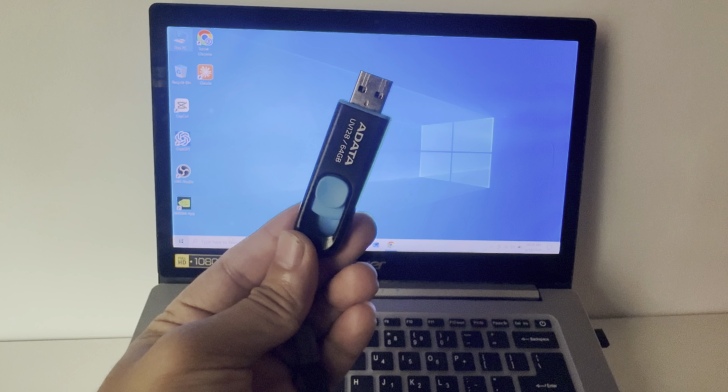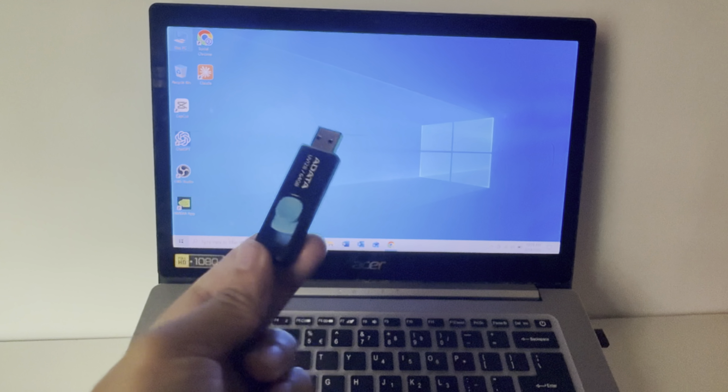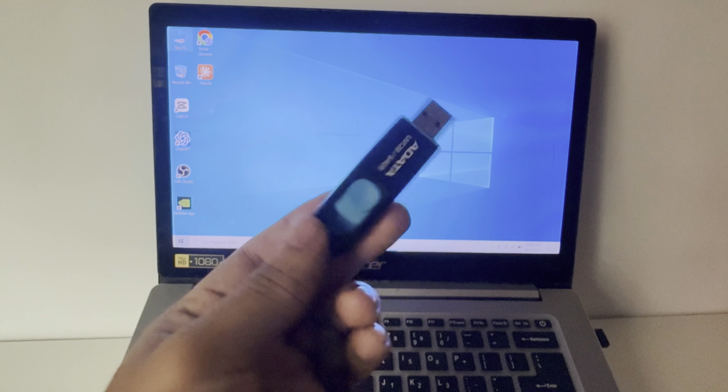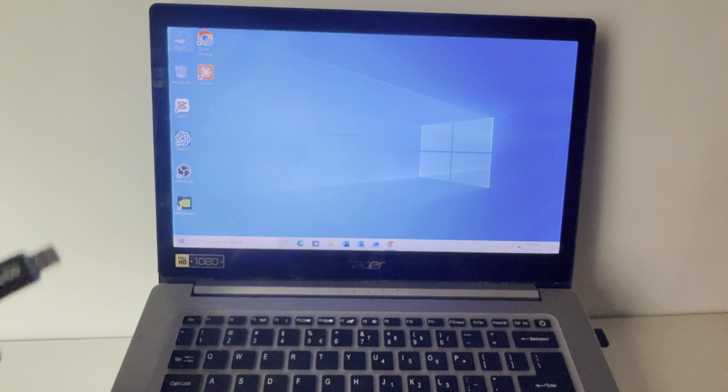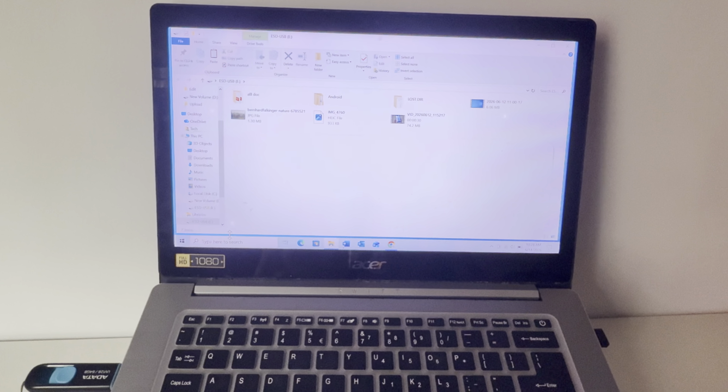In this video, I will show you how to transfer video from your USB drive to your laptop. So let's do it. First of all, connect this USB drive to your laptop. So here you can see I just connect it, and after connecting, you can see the USB drive automatically opens